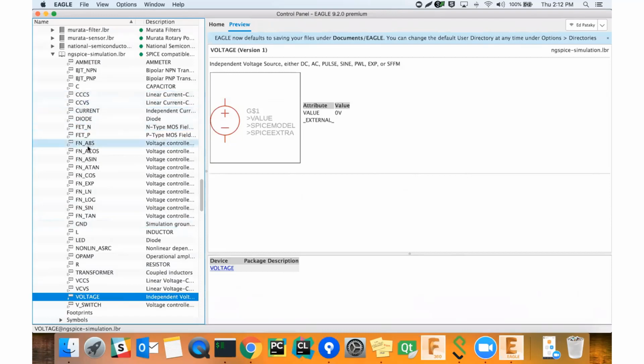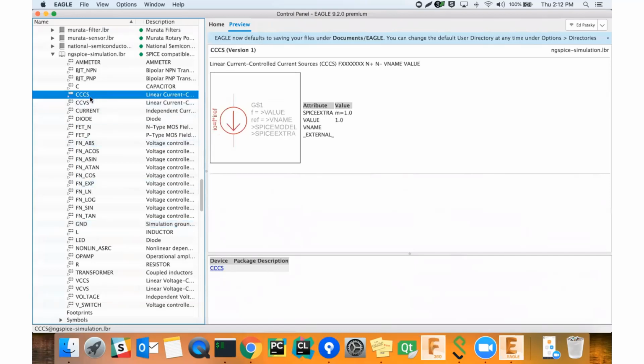Essentially, there are some parts that when you simulate them, you can specify their value directly, and other parts you can specify their value in relation to some other variable. So let's say I want to have a battery that has 5 volts. You can certainly place that type of part. You can also place a part, let's say, like this part is a current-controlled current source. So that means I'm going to place a part that provides current, but its value is based on another current. Now that's kind of an advanced part if you're a beginner, but just noting that some of these parts are